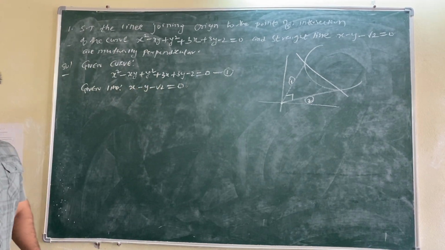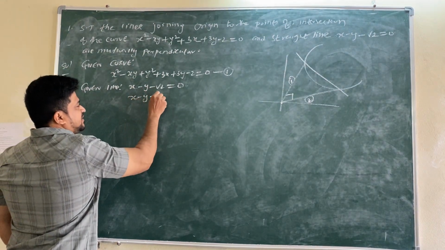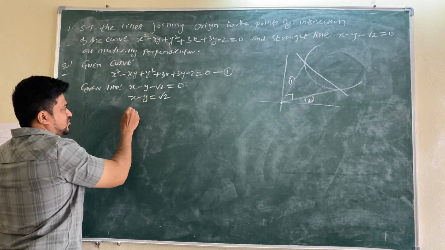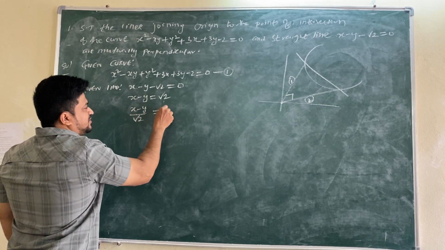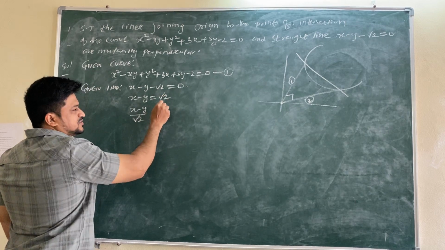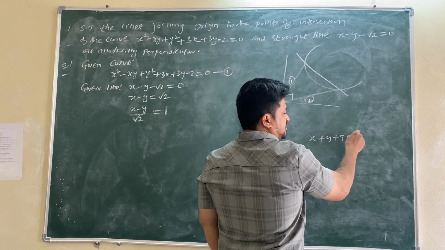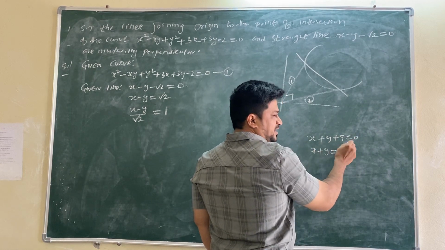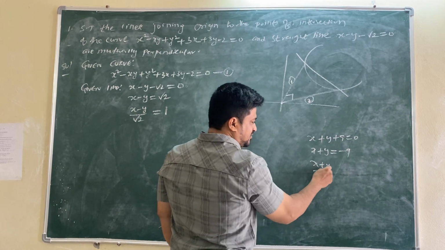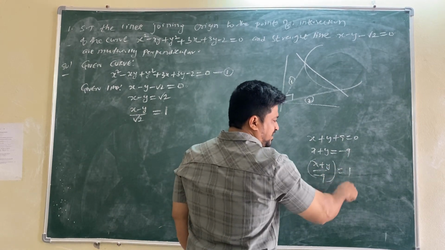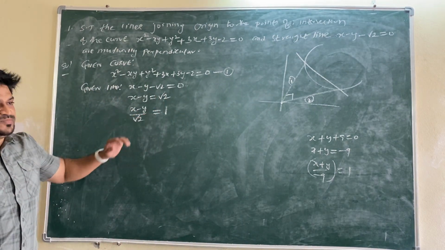What we have to do is send constant to right side from this line. x minus y equals to root 2 and take that constant to the denominator. Equate the value with 1. Suppose you have in this way x plus y plus 9 equal to 0. What we need? We need 1 on right side. So we can assign constant to right side, then take that constant to the denominator. It becomes 1. So in the same way, we need to get 1 from the line.